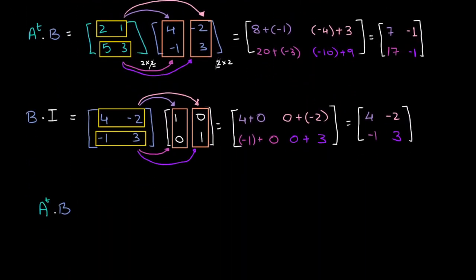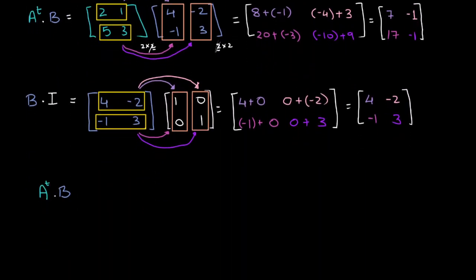So A transpose times matrix B plus matrix B times I. Right. We need to find the value of this, and we've already found the value of A transpose times matrix B. We've already found that to be 7